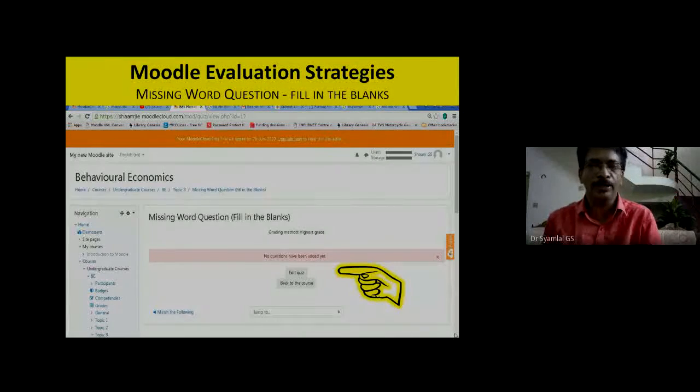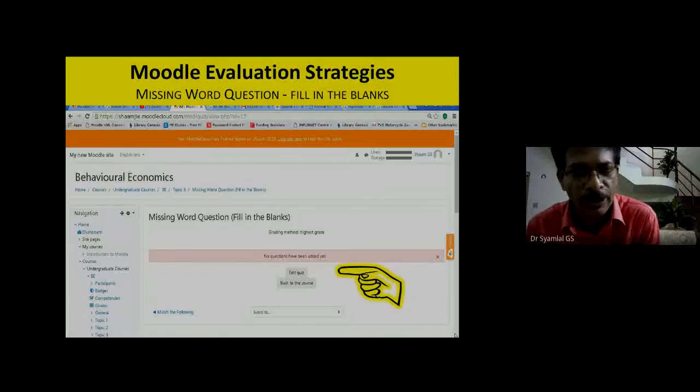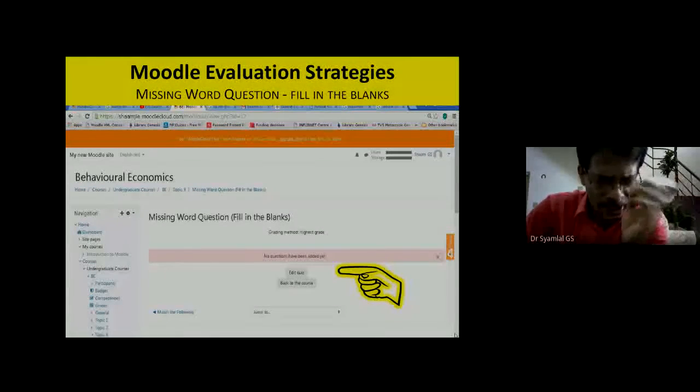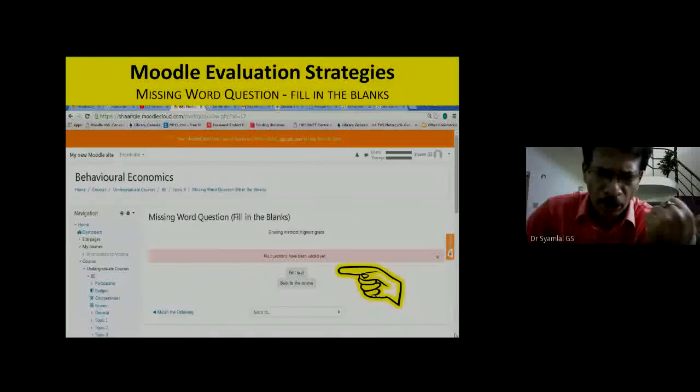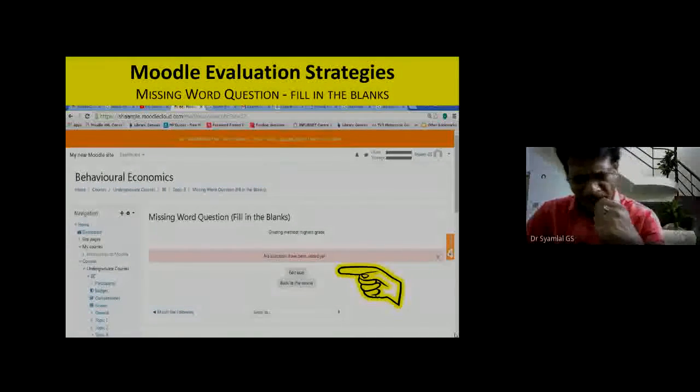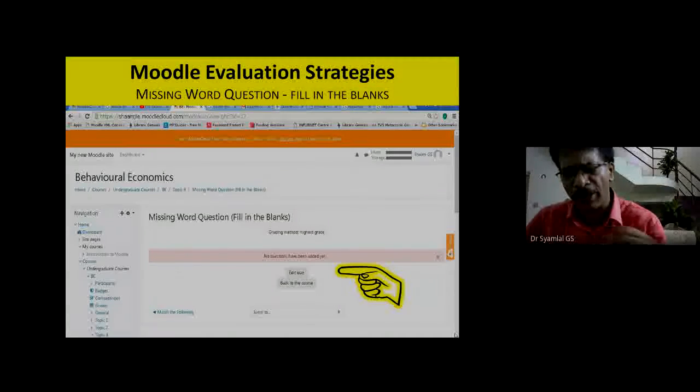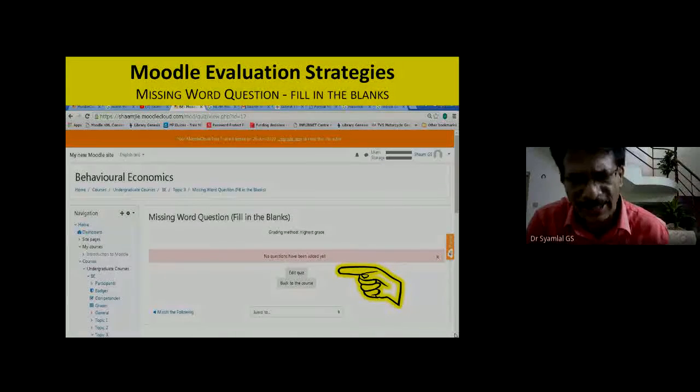So what you need to do is the process again. Create a new tab, type your website name, log in as admin, enter your username, turn editing on, go to your course, go to your home page, click on to your course and come to a topic where you are interested in doing this exercise.